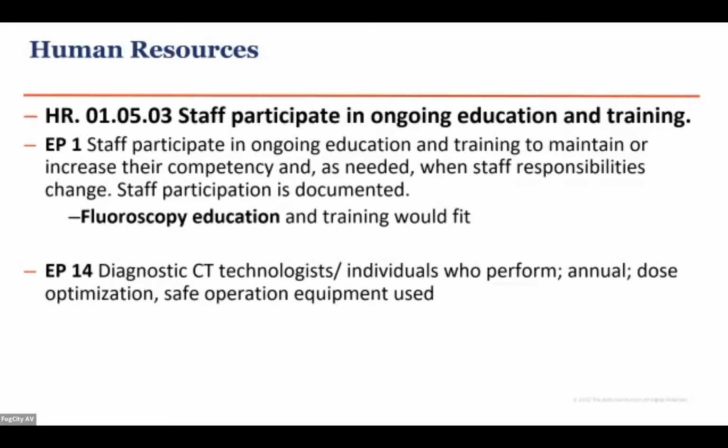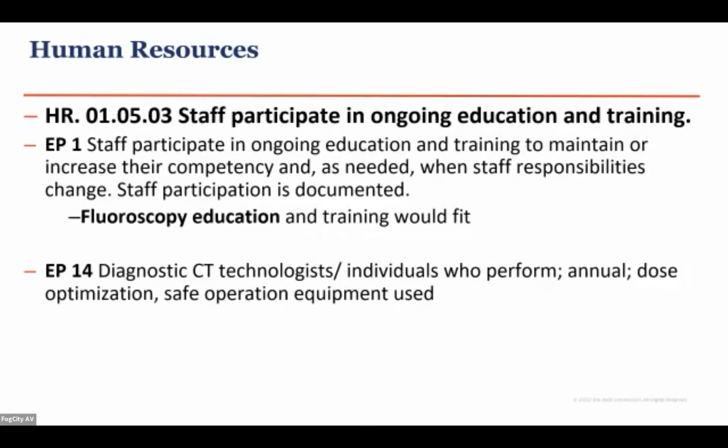So we also had a standard that says you've got to be oriented to your job, and your education and experience training needs to be verified with the previous HR standard. This says that periodically you need to refresh people's education. And initially, when the fluoroscopy standards came out, we had an annual requirement for individuals who operated fluoroscopic equipment. Well, we heard a lot from the physicians on that. No one had a problem with the technologists doing annual education, but the physicians.